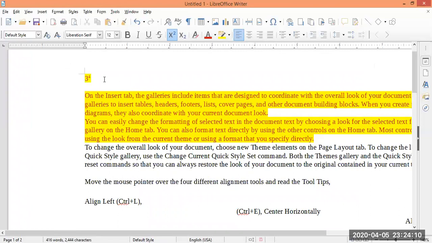Likewise, if you want to write CO2, sorry, first of all, you need to click again on superscript to make it normal. So C, then O, 2. Now select 2 and then click on the subscript option.